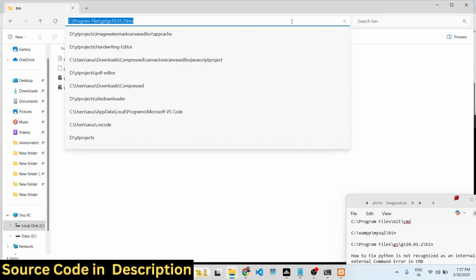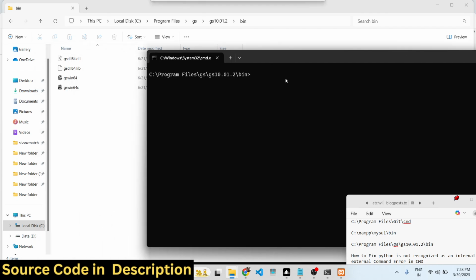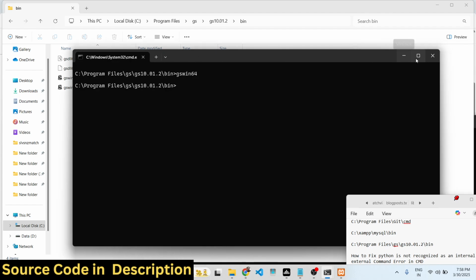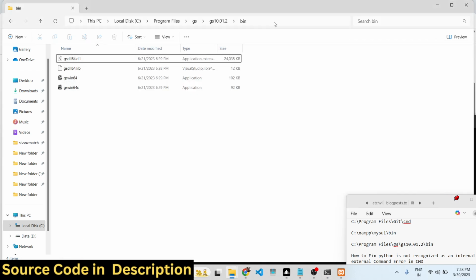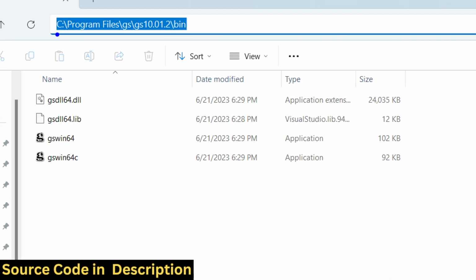If you open the terminal right here and type the command gswin64, it will now open Ghostscript right here. If you want to register it globally, just right click and copy this entire path,